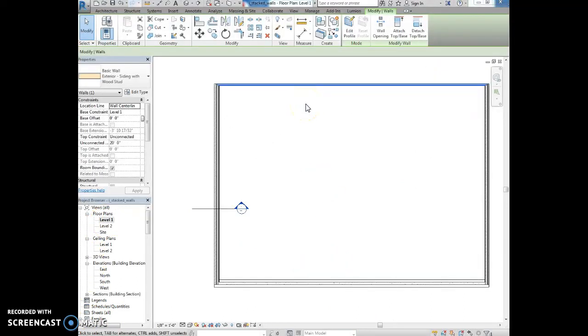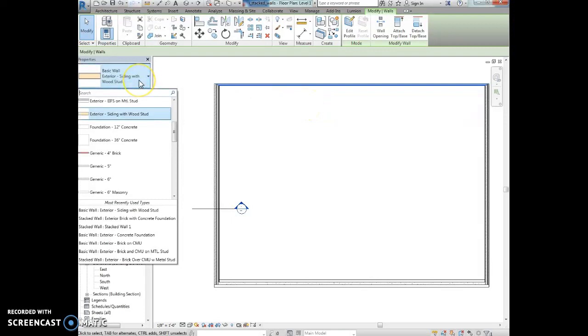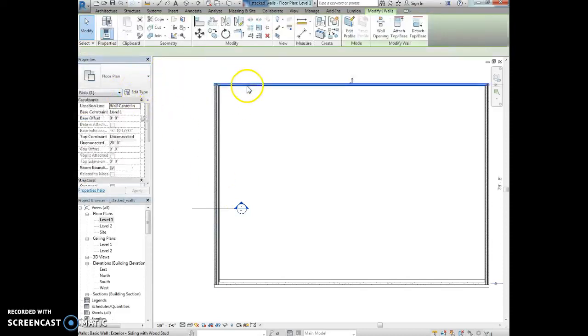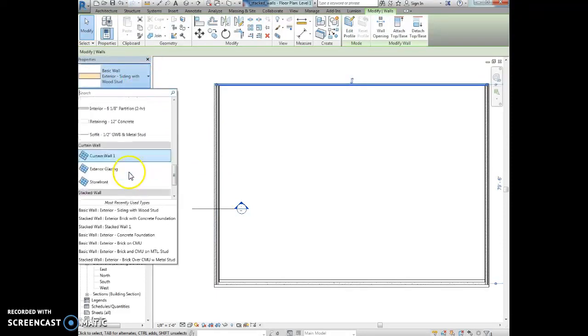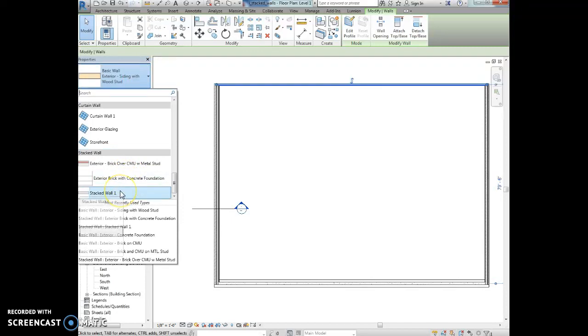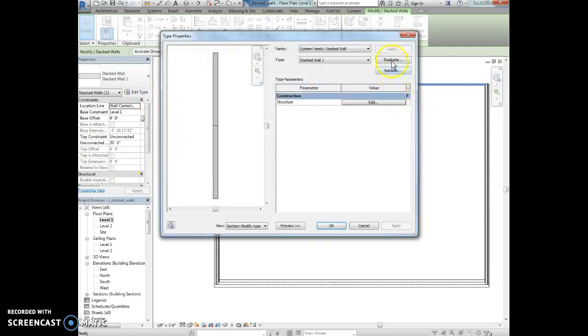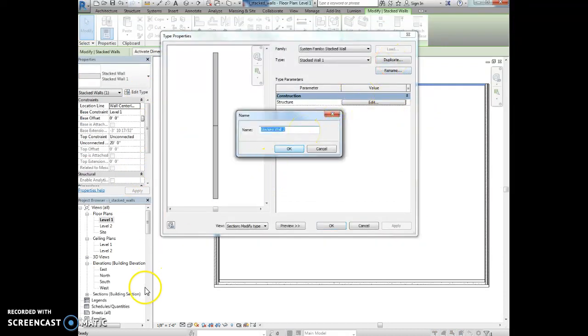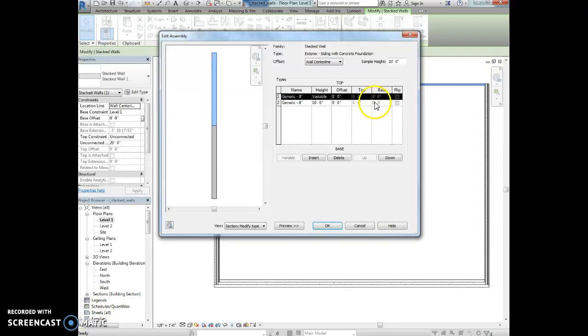Okay, so I'm on the north wall, and I actually want to select, it's kind of strange because it says to select the wood, but then it says to select the stacked wall. So I'm going to select the stacked wall, and then I'm going to hit edit, I'm going to hit duplicate, and I want to rename this. I'm going to call it exterior siding with concrete foundation, say OK, hit edit, and then I want to edit the structure